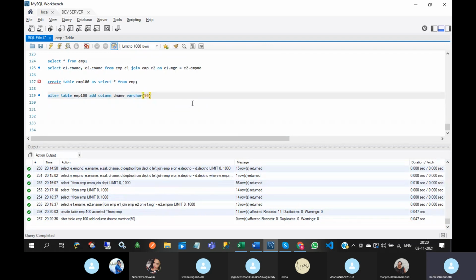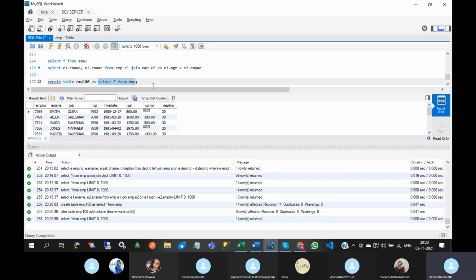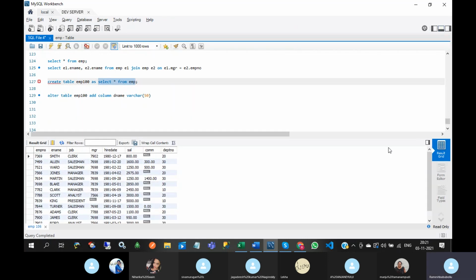Okay, so here I have created EMP100 whose structure is similar to the EMP table, and then I have added one column DNAME to this table. Now I am trying to update the department name of each and every employee, or I want to update the department name of department number 10.